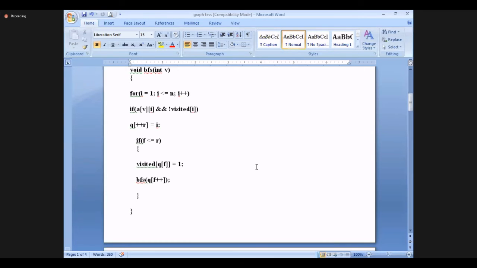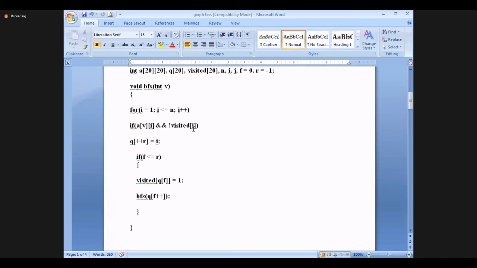We will see first row, first column, and we will also check whether it is visited or not. If it is visited, it will be true. Otherwise, not visited means 0. So we will check both. If both are satisfied, then we will make Q of plus plus R is equal to I, that means that particular node. So we have initialized R is equal to -1, so that -1 plus plus.